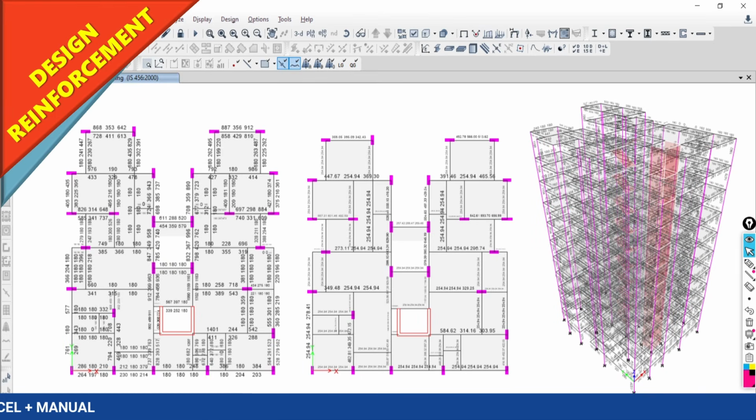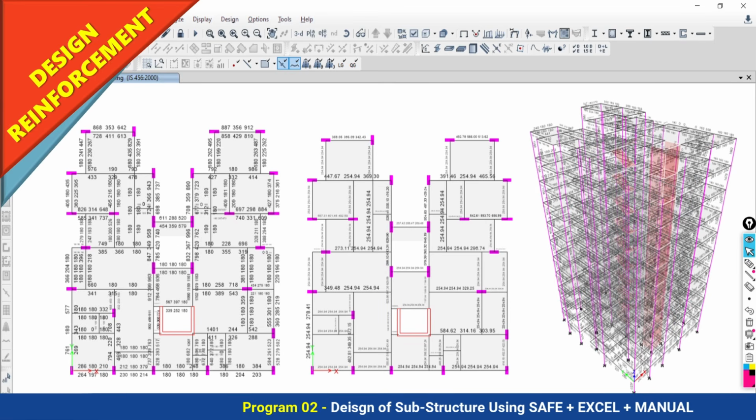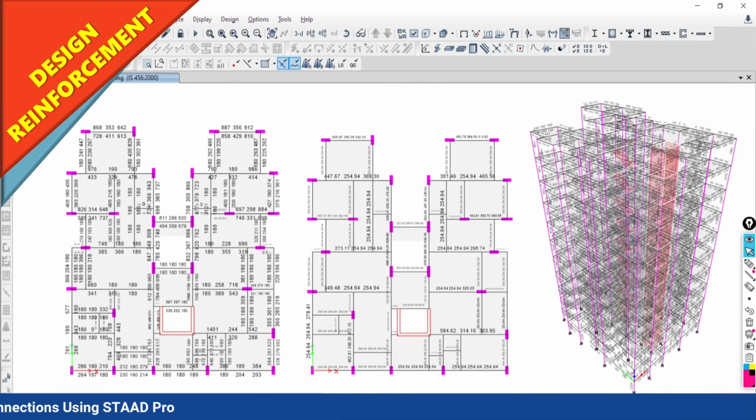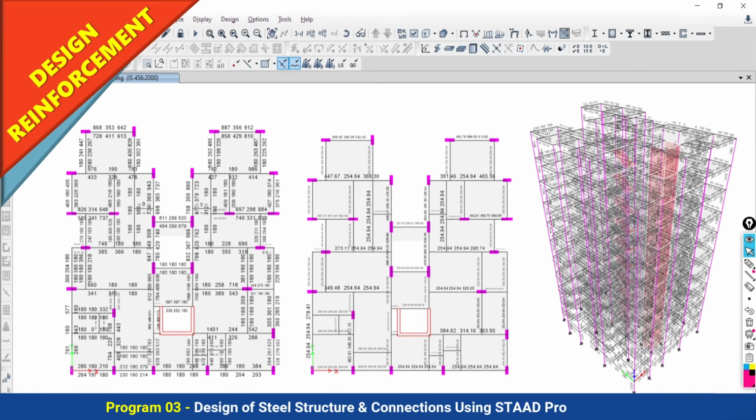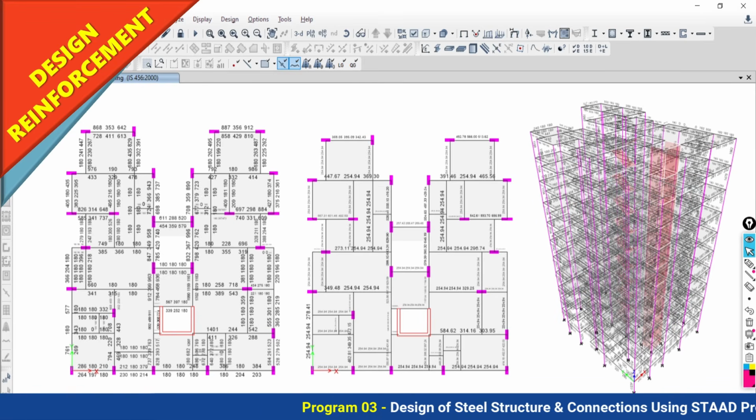People are sometimes designing a G plus 2 floor building, and for that their demand of section size is around 230 by 800. How is it possible? A 230 by 800 section size will be required for about 10 to 12 floor buildings, or lots of conditions are there, but it is totally unfair, unexpected to provide 230 by 800 for a G plus 2 floor residential building. So it's totally wrong. What is the problem? They do not know the concept. If the member is going to fail, they should give the solution for that.